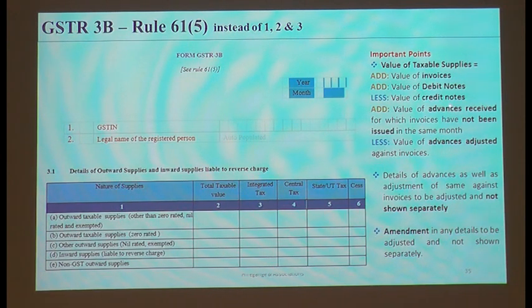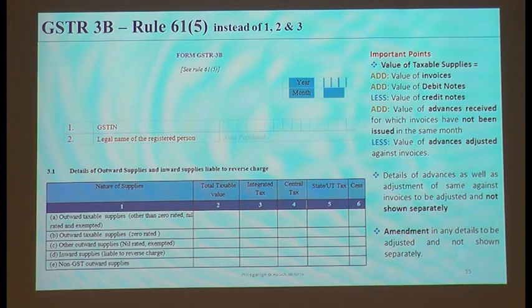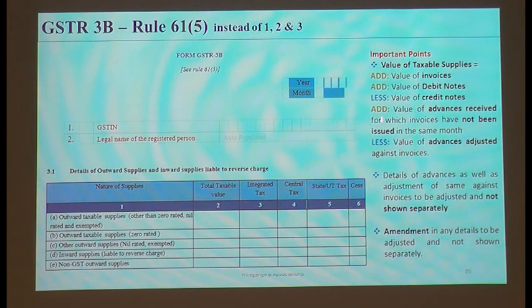Then add the value of advances received for which invoices have not been issued in the same month. If you have received any advances for which the invoice has not been raised in the same month, add the same to the taxable values, and less the value of advances adjusted against invoices. If any of the advances paid you are adjusting for the invoice raised in the tax period, then I need to reduce the same, by which I will be able to identify the value of total outward supplies made by me for a tax period, and that value should come and sit in column 2